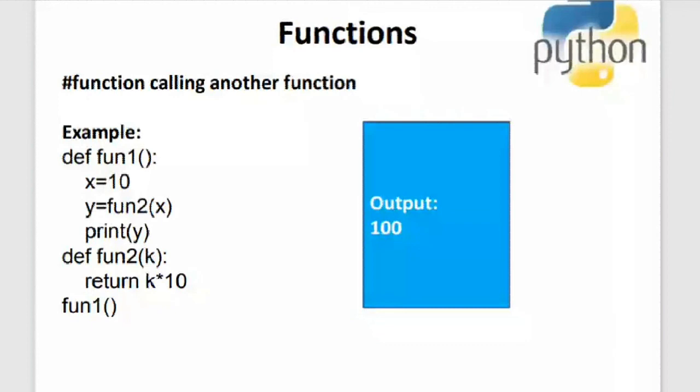Function 1 is the first function I have in the program, and function 2 is the second function I'm having in the program. This function 1 is making use of this function 2. But this is not the nested functions concept. I will tell you the nested functions concept later. But this is a number of functions in a program, and one function can make a call to the other function. So this is totally valid. Calling a function from another function is totally valid. Let me show you the execution of this program.